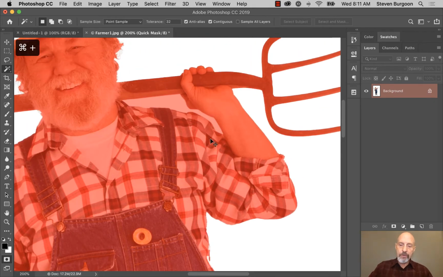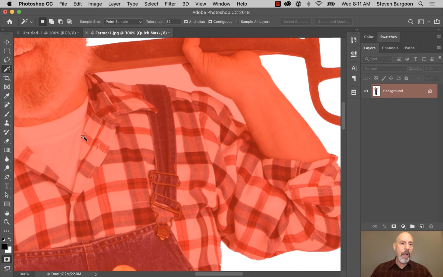So I'm going to zoom up here in between his arm, and I'm going to swap the colors here, grab the paintbrush, and double check my opacity. Notice my opacity is at 30%. That's not good. When we are in the quick mask mode, we're going to almost always want the opacity to be 100%. So again, I've got the white paintbrush selected. I'm going to dial down the size of the brush,